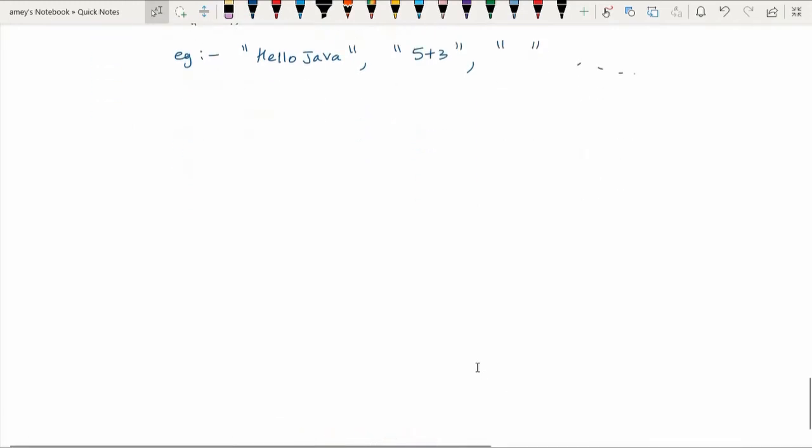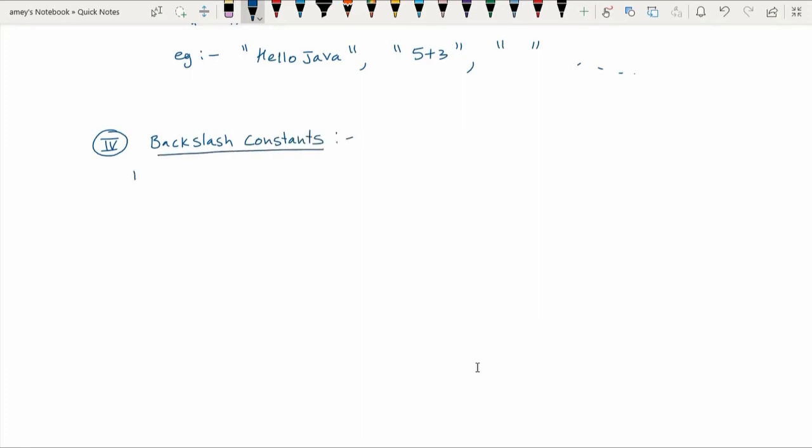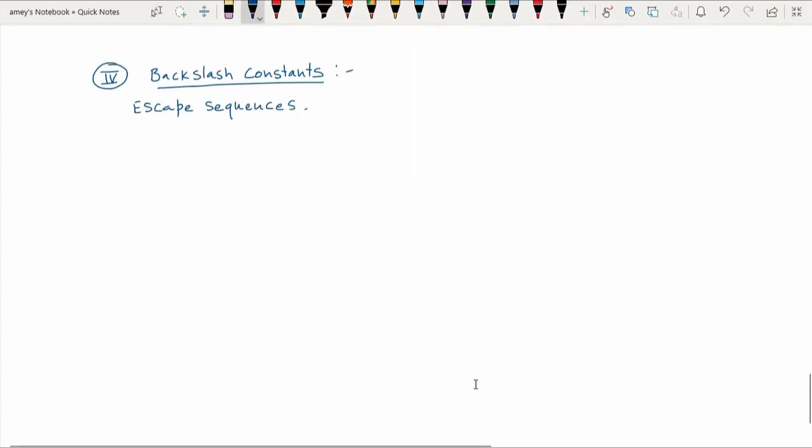So these are the examples of string constants. After string constants we have backslash constants, also called escape sequences. In Java they have kept the same escape sequences as what we had seen in C or C++.